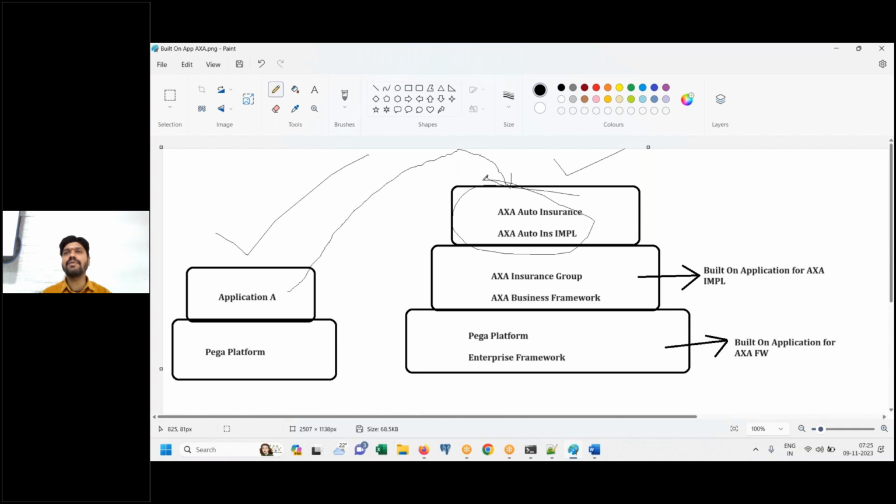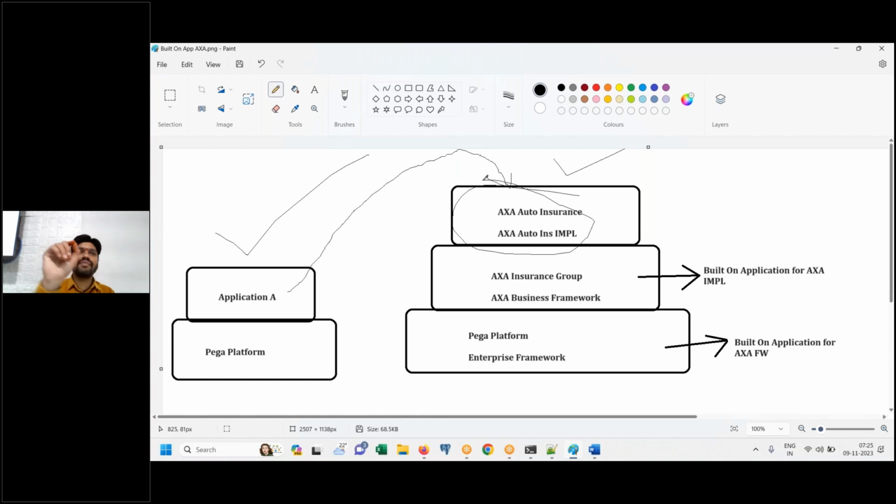This one you choose Auto insurance for the business requirement given. This type of requirement, if you want to implement, how do you implement without knowing this connection point? How do you implement? This may or may not come in real time. But imagine if you get this type of requirement, how do you implement? In order to implement that, what do you need to do? You need to know about what we have discussed today.